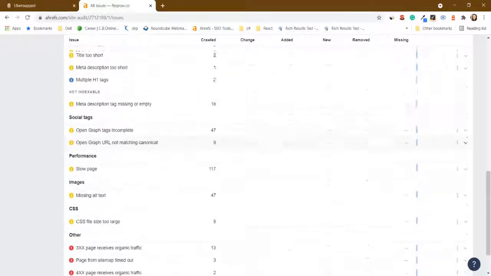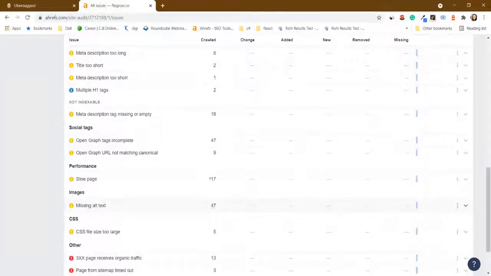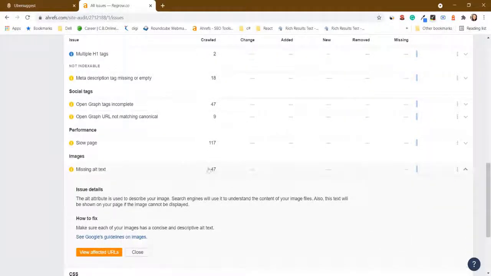Now, one of the things that you will always find when you do a site audit is that your images do not have an image alt tag. Here you can see there are 47 pages on which images are not given alt tags. Through site audit, you can identify and rectify these small issues.